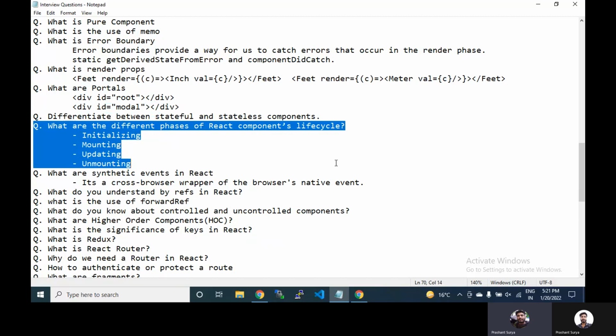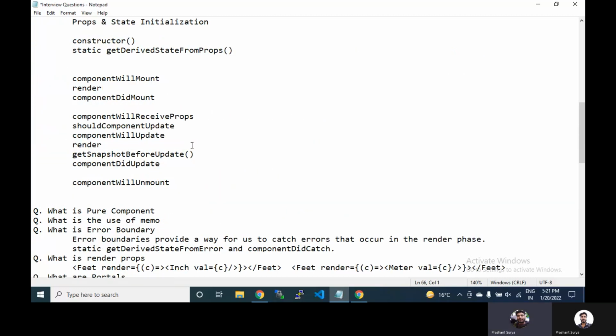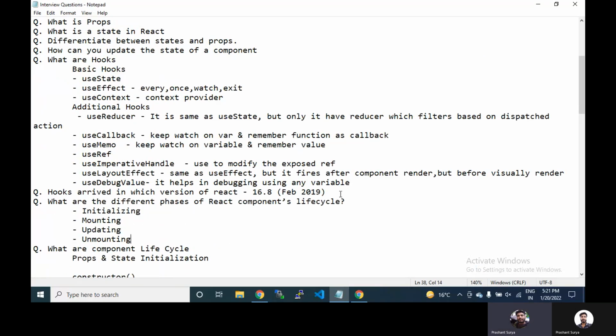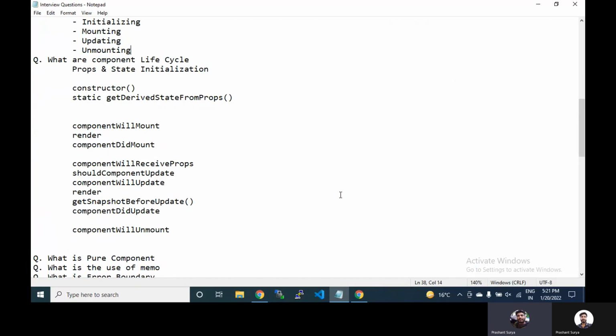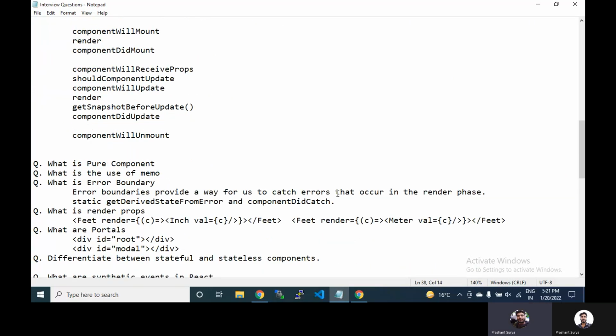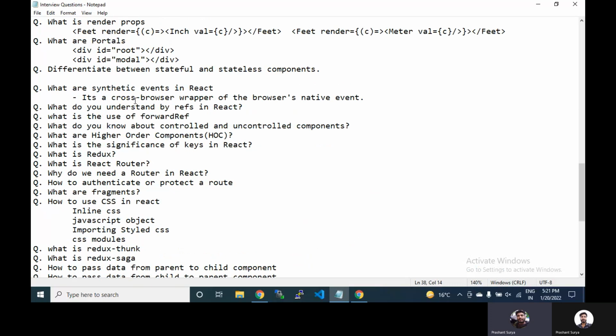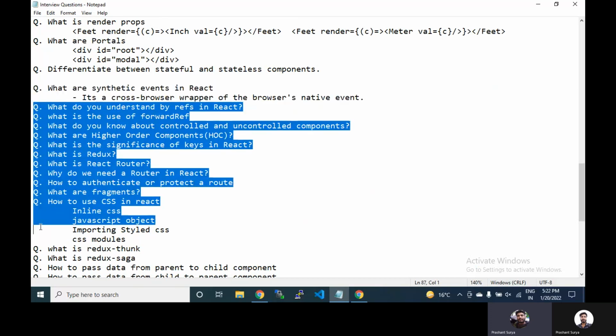Then if there is any change, the updating phase will execute, and if you are leaving that component, then unmounting will be executed. We will place this one before that so that it is easily related. We will discuss up to this one in this session, and in the next session we will continue from here.